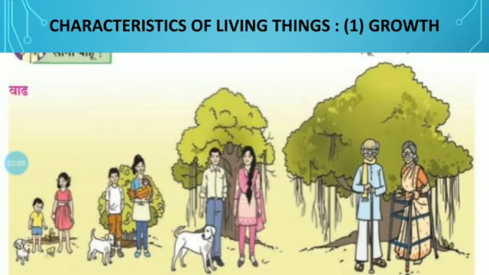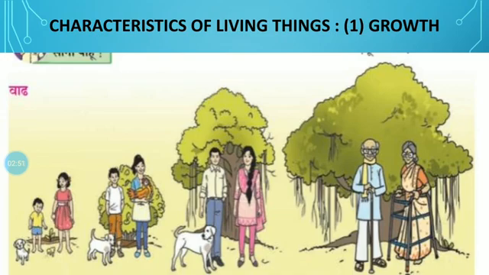See, characteristics of living things. There are many kinds of plants and animals around us. In our environment, there are different types of plants and animals present. They show some similarities and some differences. In plants and animals, we find some similarities and some differences when we observe them carefully.